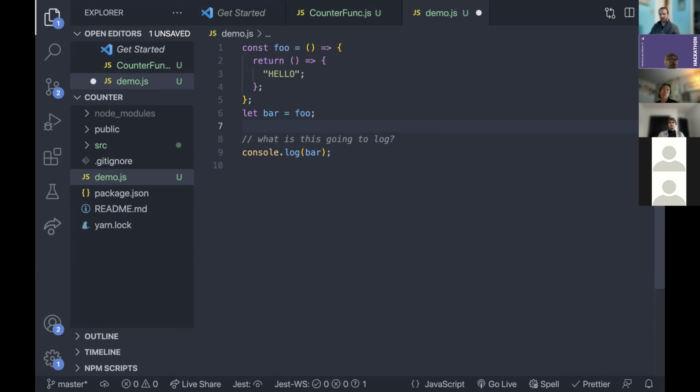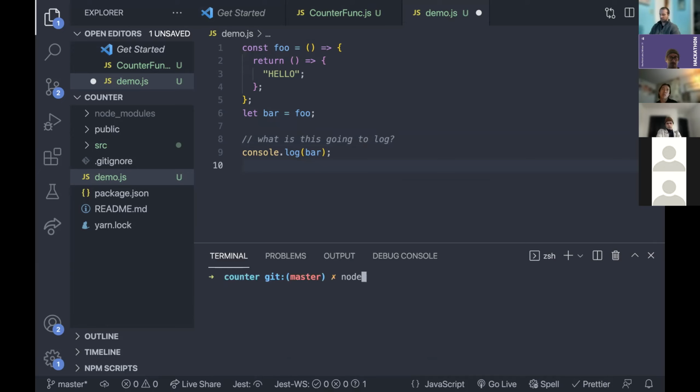It's just gonna log a function, isn't it? But not actually return hello. Yeah. So let's run this. I could do node, and let me make sure it's saved. node demo.js